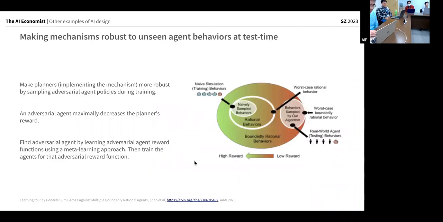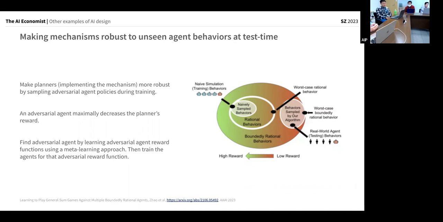Okay, so I do have one project with a little bit more detail I want to go through. There are two papers where we also looked at some more algorithmic innovation. The first one is about robustness. How can you make robust mechanisms? In particular, how can you be robust when at test time the agent models have a different policy, right? For instance, you can train in your simulation with agents that are purely rational, using that utility function I showed you before, and then you can test on agents that have